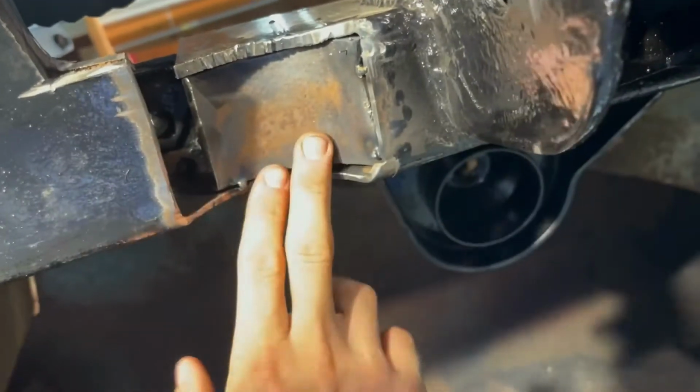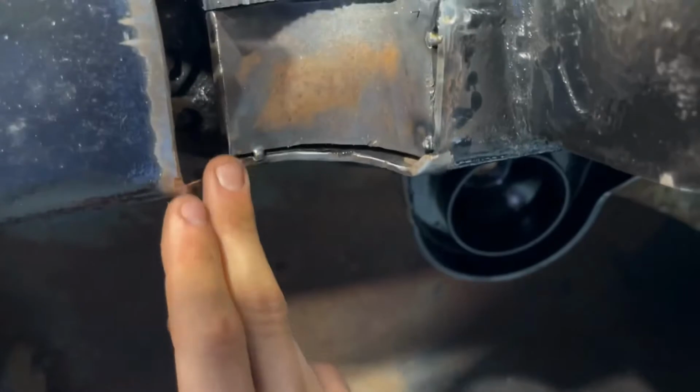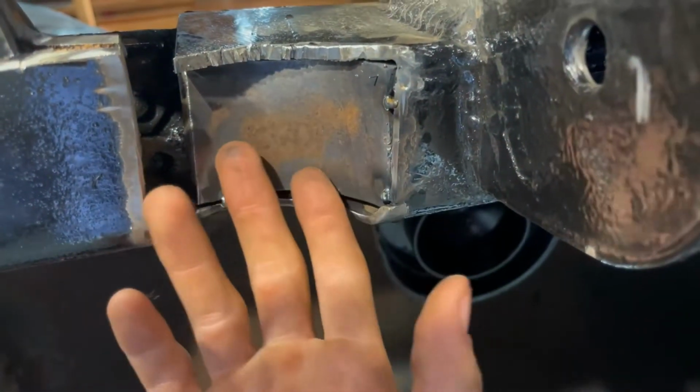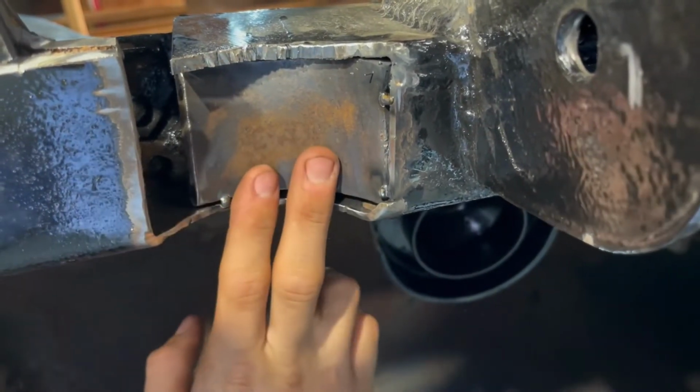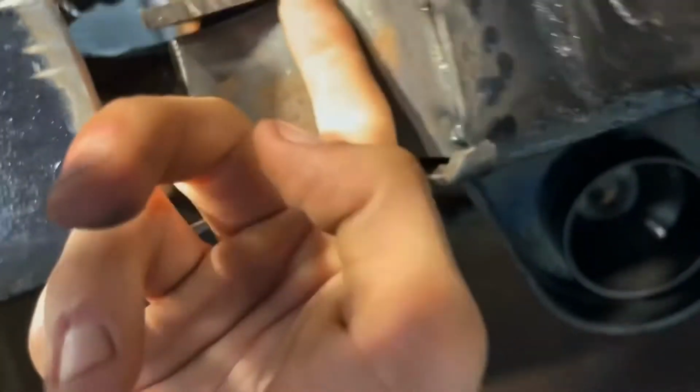Alright, I got the piece tacked up in, but it was not cooperating because there's nothing to hold on to, so I couldn't really put a magnet up there or clamp it. So every time I went to weld, it would just push the piece up in. But I finally got it, but I'm gonna have to cut out